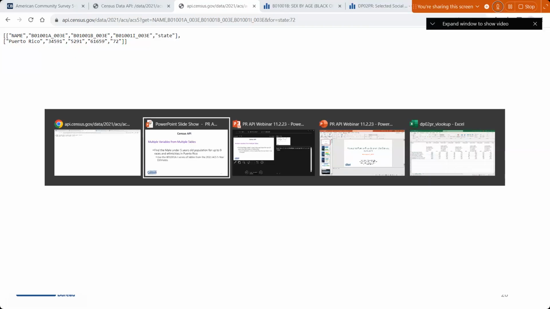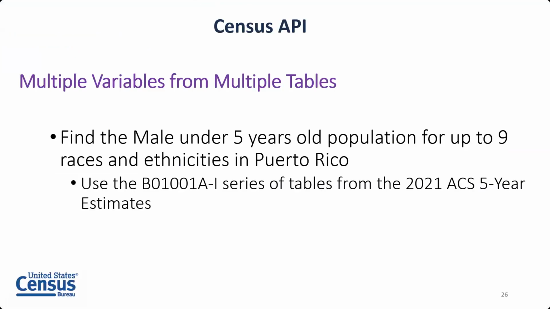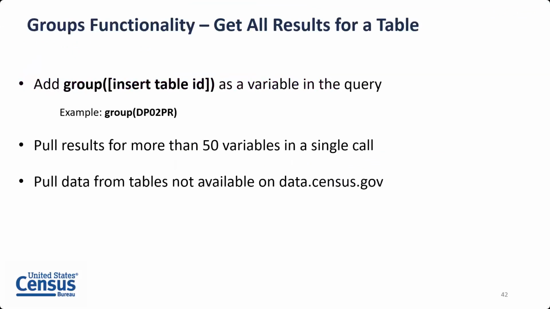And the last example I wanted to go over was actually looking at how we could download an entire table. And to do this, before we get into that, I want to talk about the groups functionality that we're going to use to call all variables from a table. So to do this, instead of adding a single variable in like we've been doing, we'll be adding the word group into our URL, and then within parentheses, we'll add the table ID we're looking for. When you do this type of query, all variable names are going to appear followed by all of the values, and there may be several rows of variable names as well on top of that. And the values will follow also after all of the variables are given.